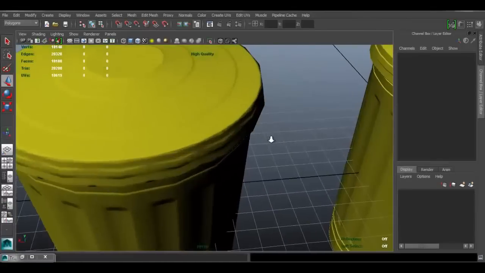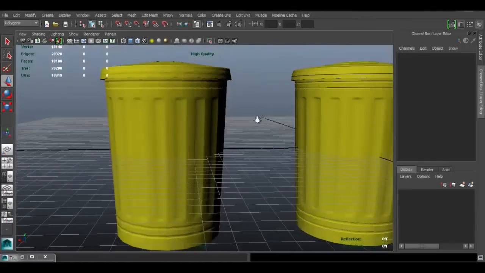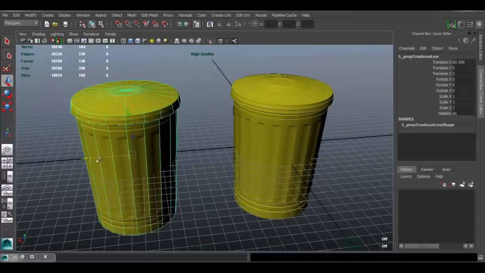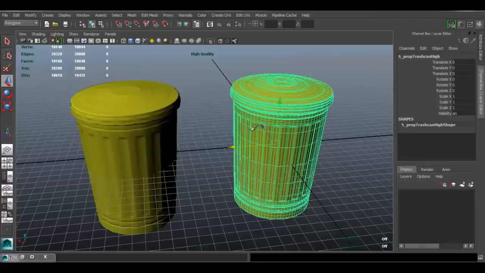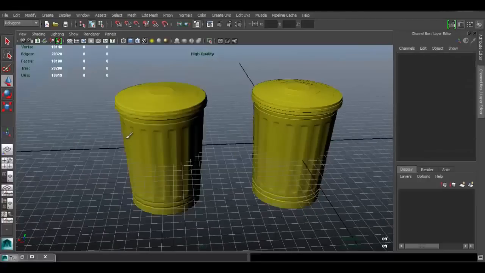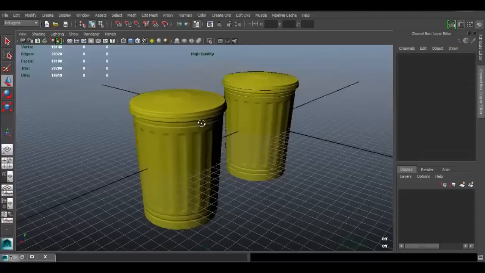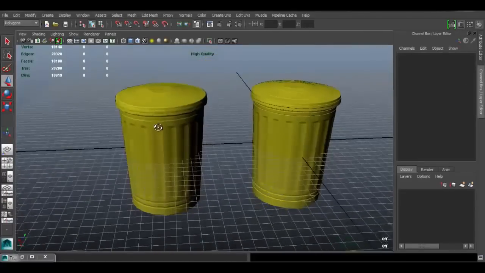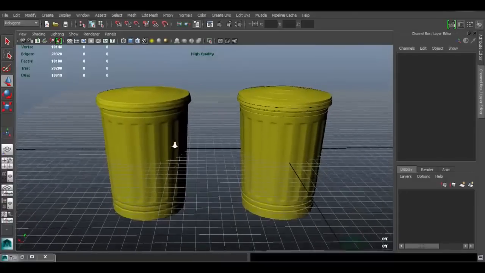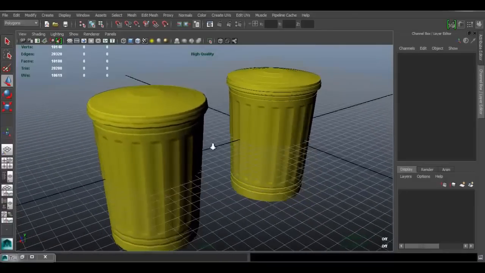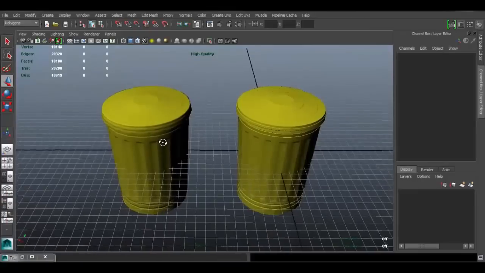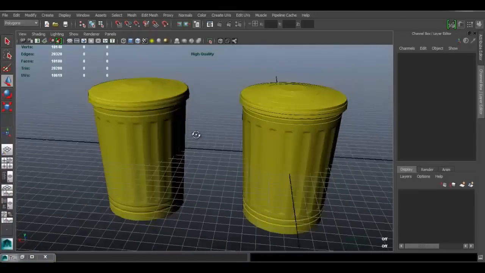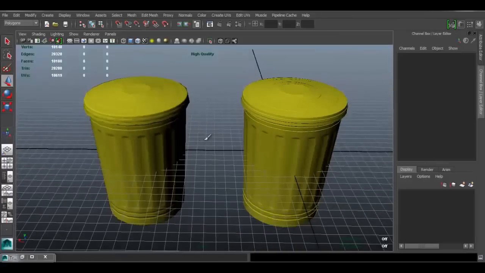So that's pretty much how you can transfer the high poly detail to the low poly. As you can see, our poly count is a lot lower than this, but for now, if all you wanted to learn was to model it and transfer the details to the low poly, then you're pretty much set. For everyone else, stay tuned for the next part, where I'm going to show you how to texture the model